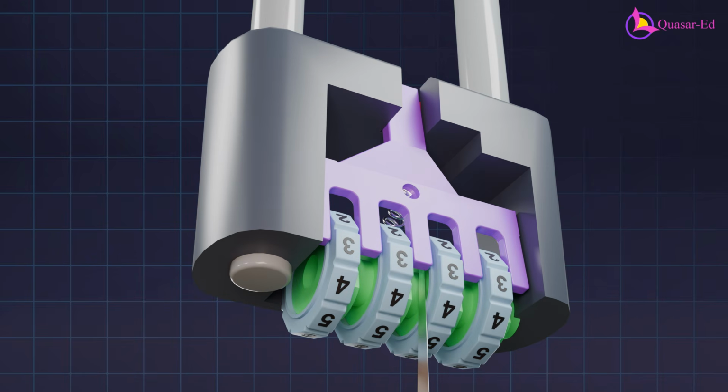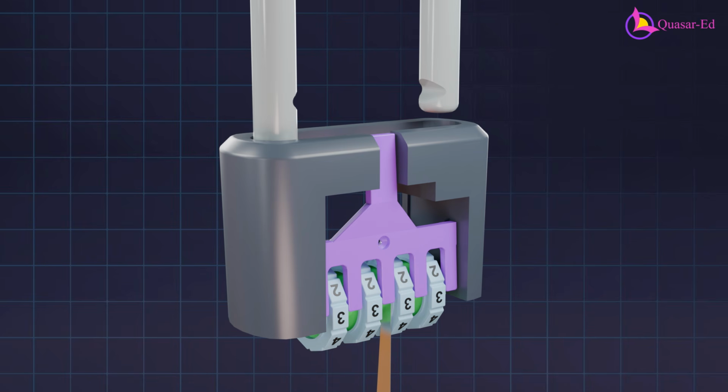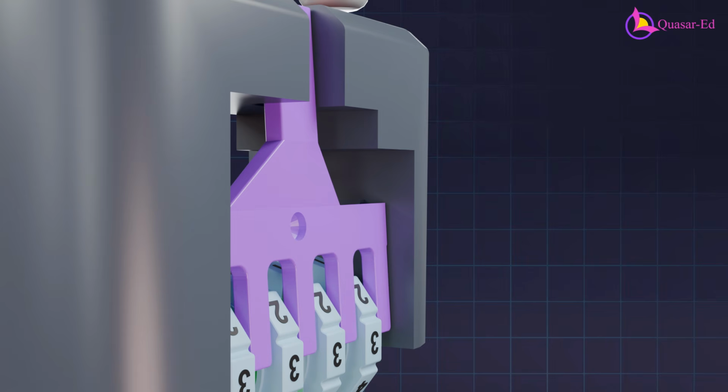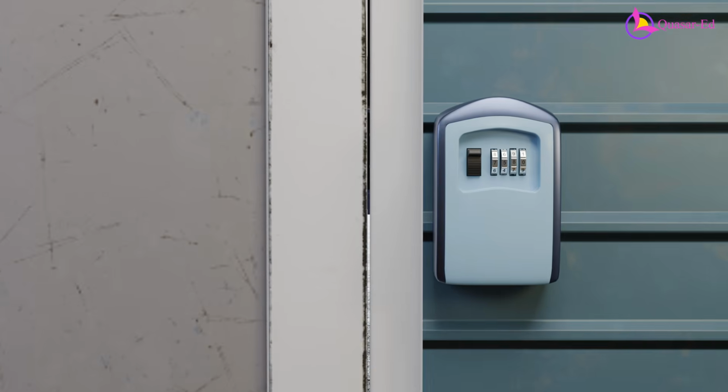By sliding the metal tool behind the lever and lifting it, the lock can be opened without needing to align the rings. This exploit works because there's extra space behind the lever, allowing it to move without fully engaging with the gates. But what about